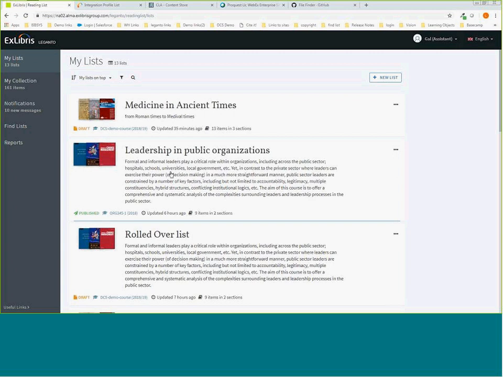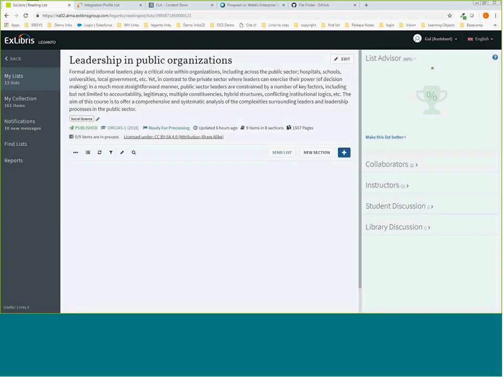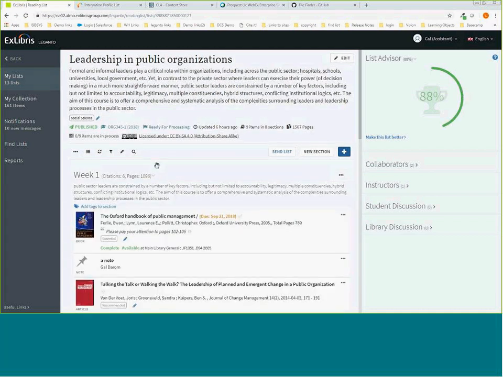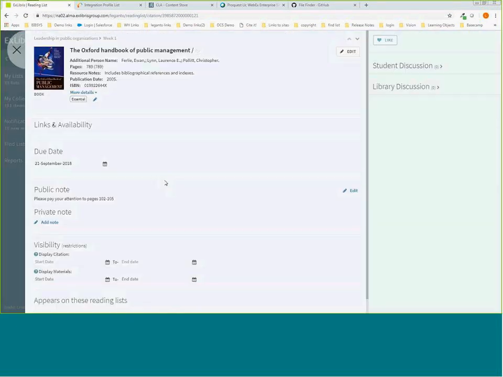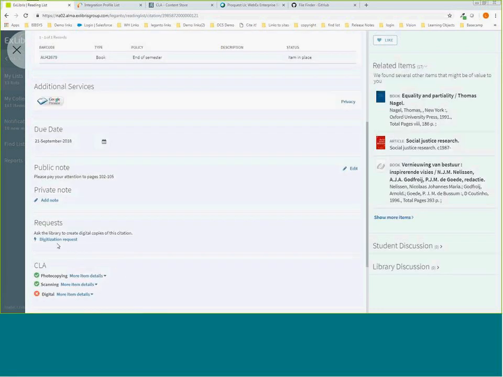I just want the material to be digitized. So what I do is go into the citation. I just need the digitization flow. The request is available today. You need to enable it in the configuration. But when it's enabled,